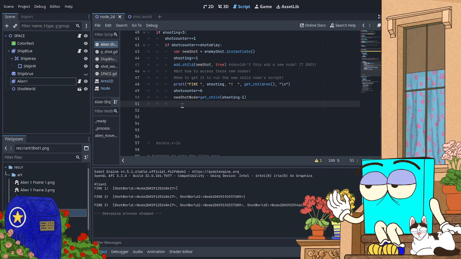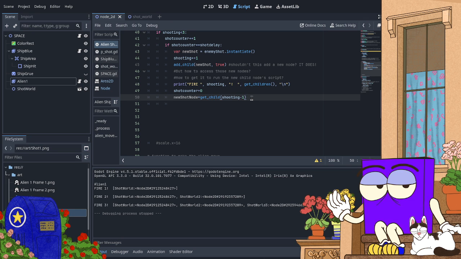Okay. I'm not sure this will work exactly right, but for now, yeah, this is not going to work exactly right. I can see it's not going to work exactly right.